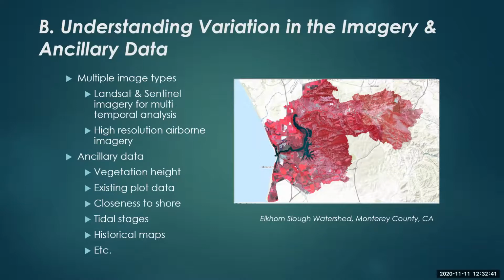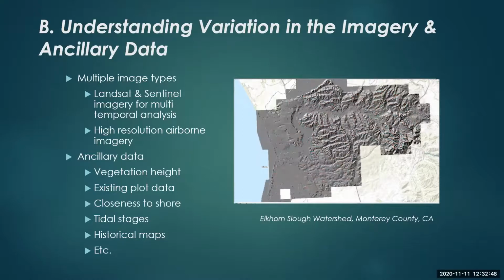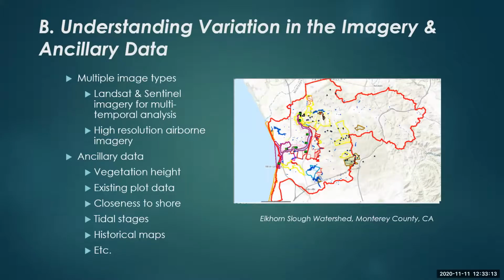So we've got the Landsat data, better temporal resolution. We've got the high resolution airborne imagery. And then we bring in a lot of ancillary data. This is a shaded relief from the Lidar data. Again, we got this from the 3DEP program, from USGS's 3DEP program. So again, that was free to the project. And from the Lidar data, we can get vegetation height, canopy percentages, ladder fuels, all kinds of other derived data sets.